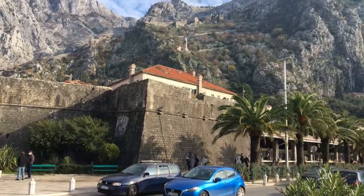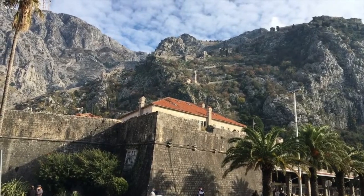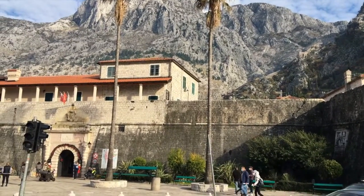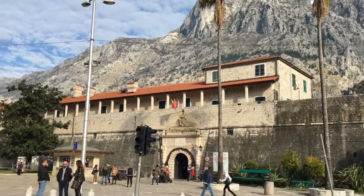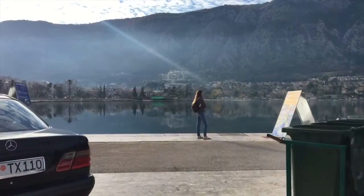So this is the outside of the castle, and you can see it goes all the way up the mountain. Over here is the entrance. Winds over here to the left. Across the street from the castle,